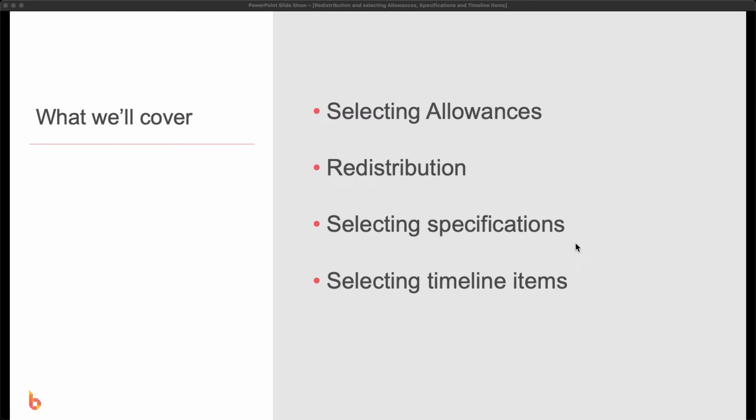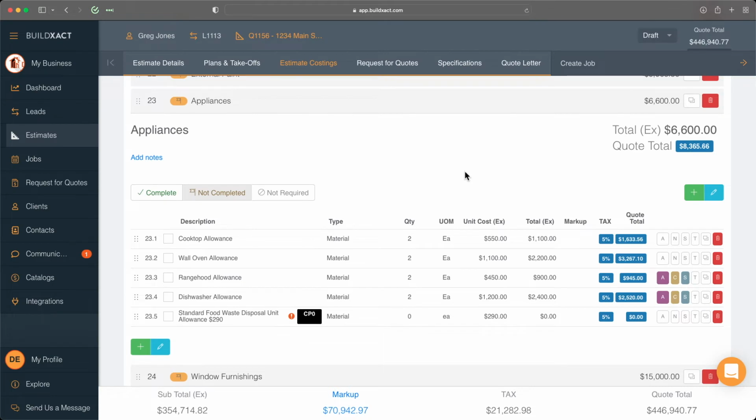In this video, we're going to talk a little bit about how to select allowance items. We're then going to discuss redistribution, selecting specifications, and selecting timeline items. Now, to begin, we're here in the estimate costings, and I've just chosen a particular category here, appliances, as an